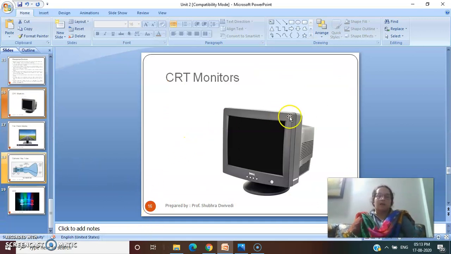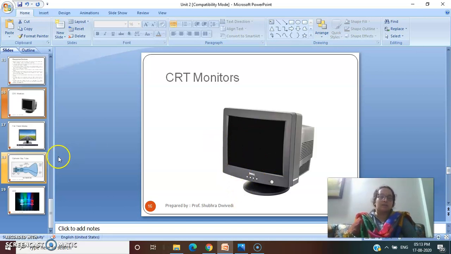See, you all must have worked on these types of computers in your school days, when you were in class 4th or 5th. So this is your CRT monitor, that is, the cathode ray tube monitor. Like your earlier TVs, the TVs we had at that time were also this big. They used to take so much space. We used to have a separate showcase for the TV, and you used to put the TV in that showcase. So these are your CRT monitors.